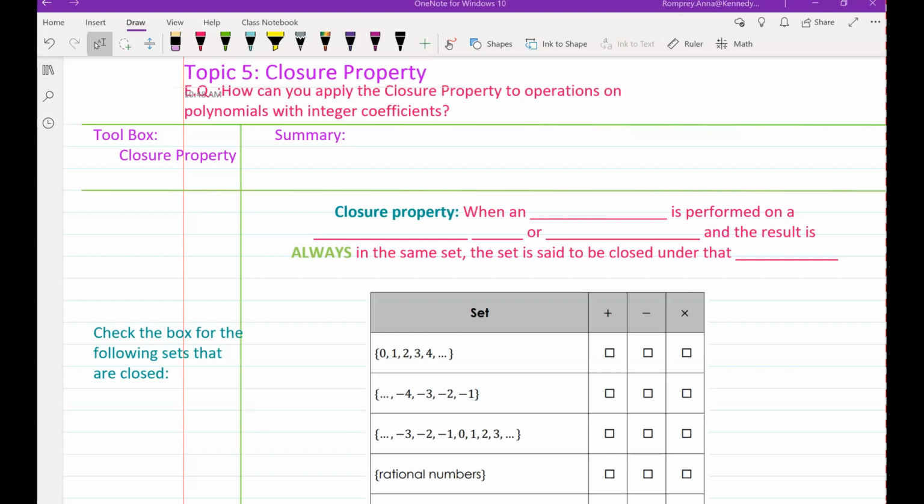We're going to review closure property. Again, we talked about this a little bit in the expressions unit, so we're just going to put some formalities together. So the closure property, it is when an operation